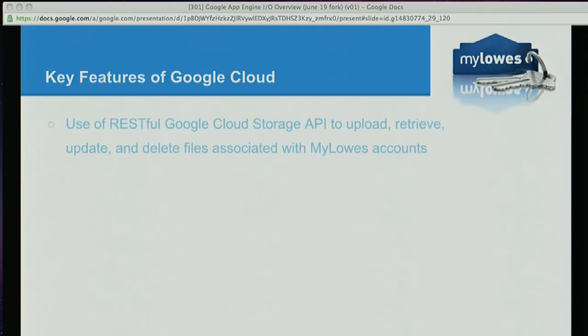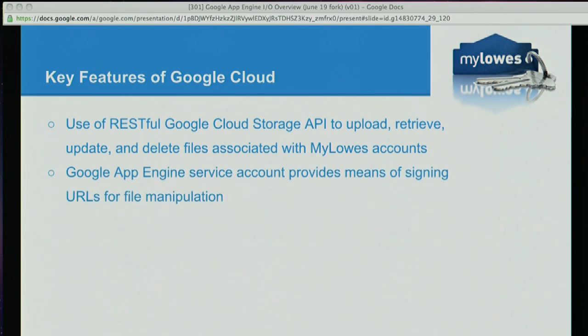So like I said, what are we really using App Engine for? Well, App Engine provides us a useful set of RESTful APIs that we can use to upload files directly into cloud storage. What else does it provide? We're using the concept of service accounts, so MyLowe's customers only need to sign in once to access any information in their cloud storage.